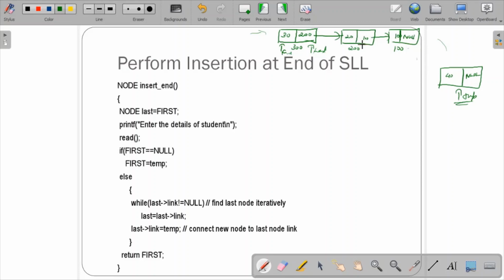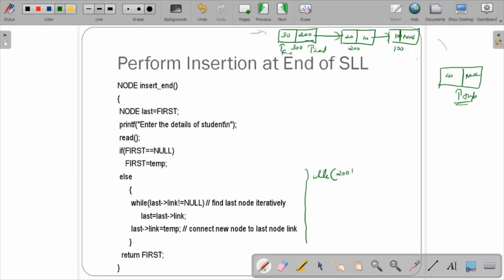So last node I need to find, that's why I'm using this particular while loop, while last link not equal to null. Now what is your last link here? Last is pointing over here, so I'll just write over here for the first while loop iteration. What is last link? What is there in last link? It is 200, right? This node's last link is 200.